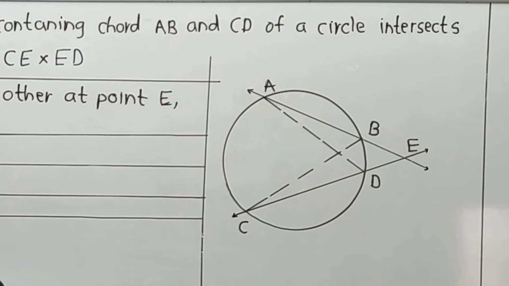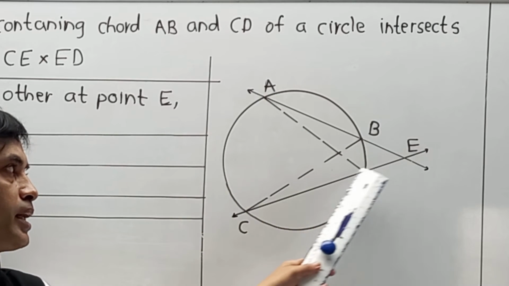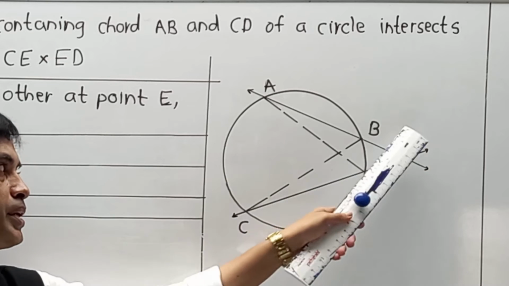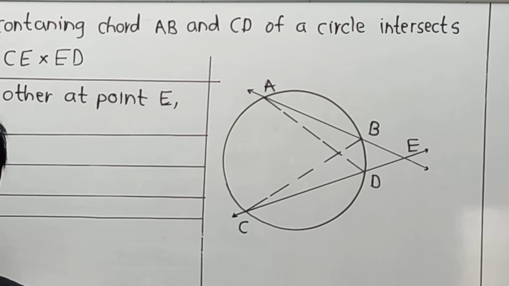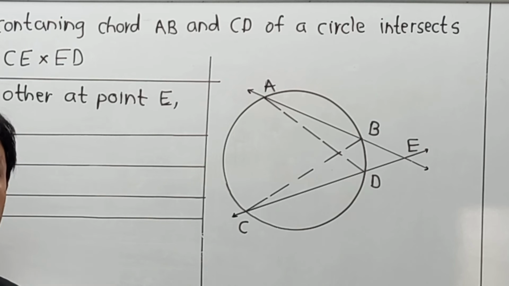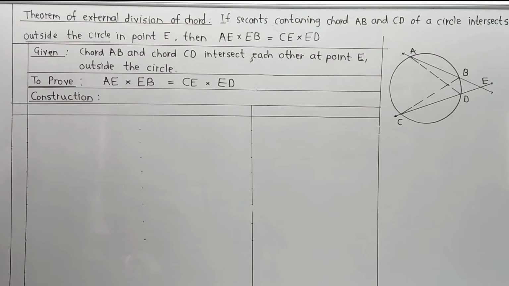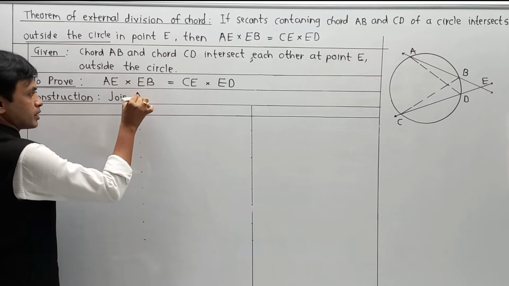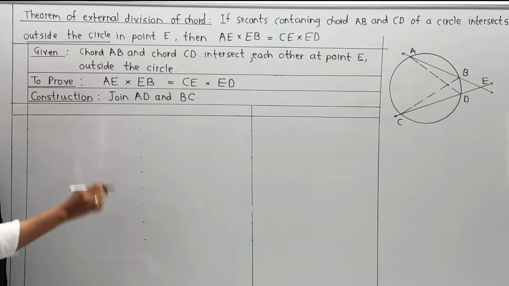And remember, due to this two triangles get formed. One is triangle AED, and second CBE. These are the two triangles formed, and definitely we have to show them as similar over here so that we can come to the final proof. Just for clarity, I am going to draw the same diagram downstairs so everyone can understand. But before writing construction, join AD and BC, which is nothing but your construction.